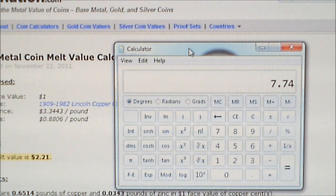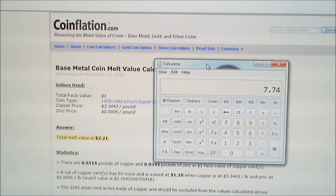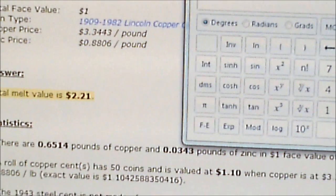So as an investor, I'm sitting here thinking, okay, copper is only $3 a pound. I'm paying $7 for... It's not even a pound. Alright, guys? It's not even a pound. Let me try to pan out here. It's about 0.6514 pounds. It's not even 1 pound. And you're paying